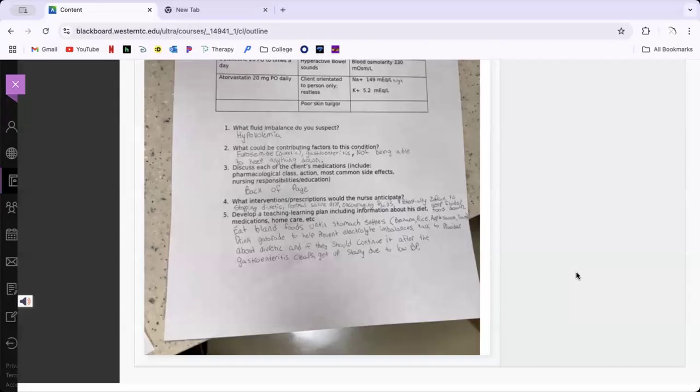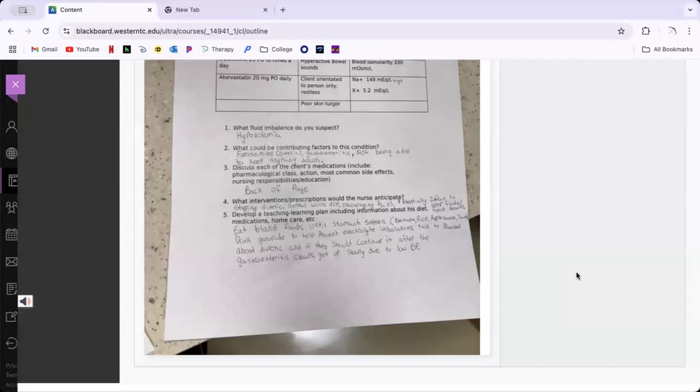The bread diet? Someone wrote that. It's bland foods: banana, rice, applesauce, and toast. Okay, yep. So trying to get her to drink oral fluids if you can, and then move on to easy to digest foods, right? Okay, what else?